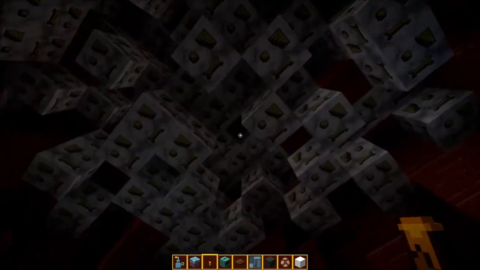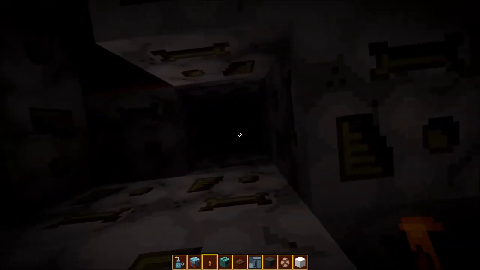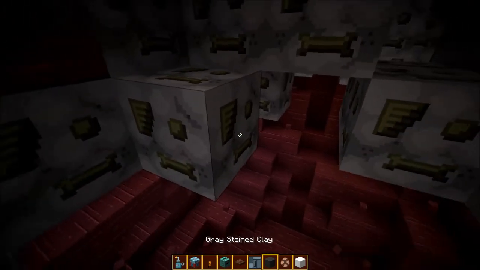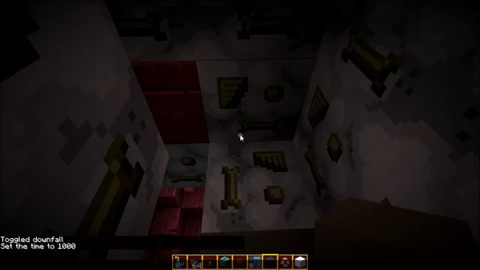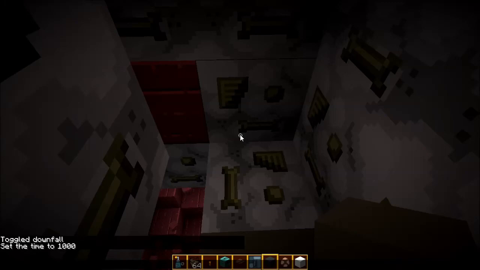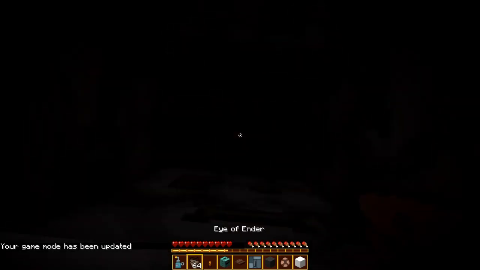So allegedly, you can just get through here. Like you could probably get through that. That looks like it's high enough. So if I place a block here and then jump up here, give myself some ender pearls and switch my game mode. Oh, need ender pearls. There we go. And then a stack of ender pearls, which is obviously impossible to have in survival. And then I guess you can just...